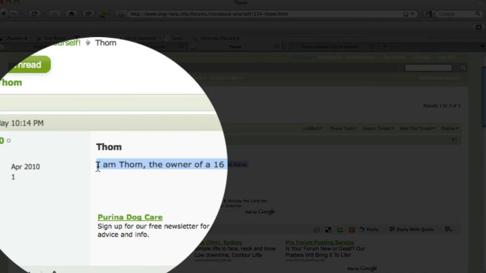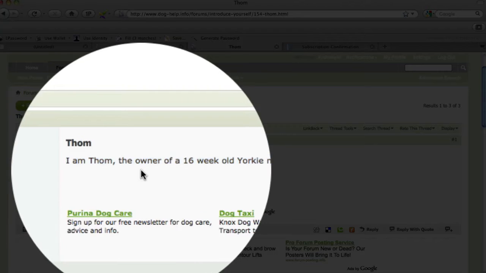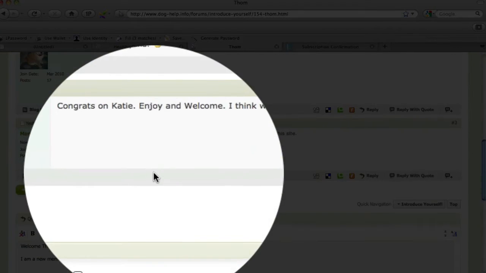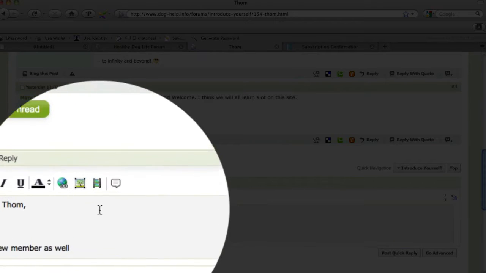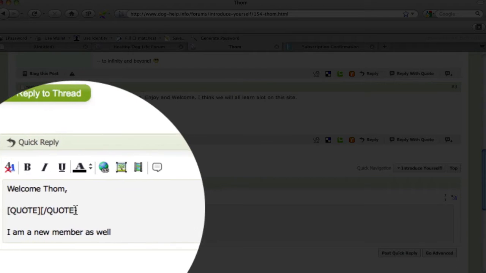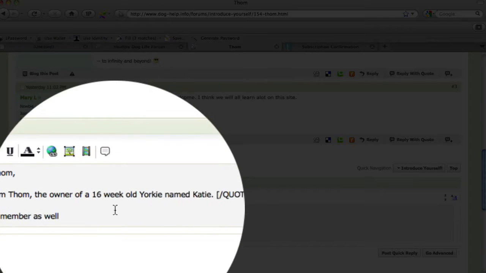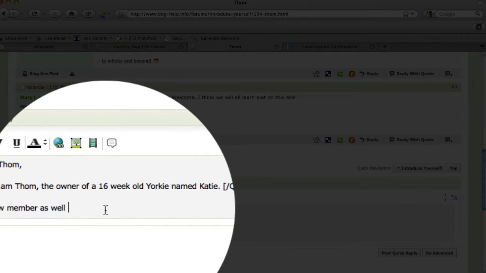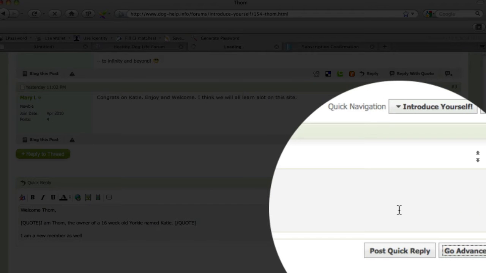Simply copy it, whichever way your mouse works. So copy what you want to use as a quote. Find a position where you'd like the quote to be and click this here, which is a quote. You can see how the cursor is flashing in the middle there. You just simply right click and paste that comment, and I suggest on the right here click Go Advanced,